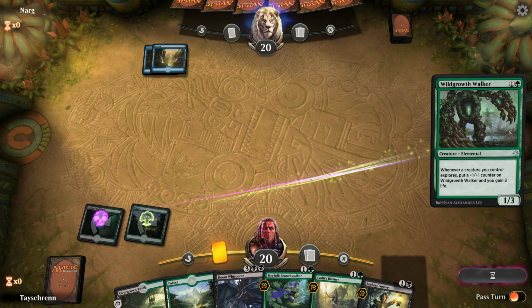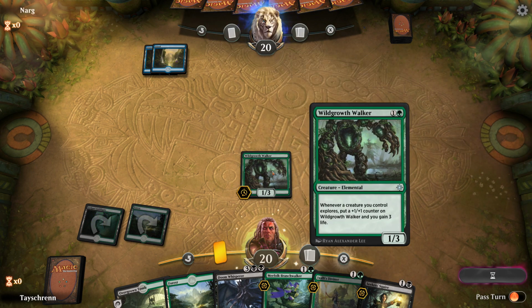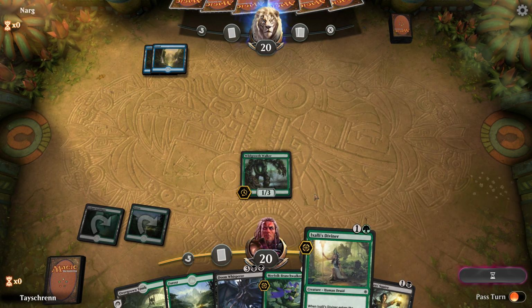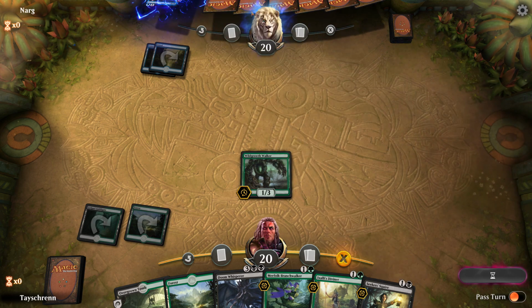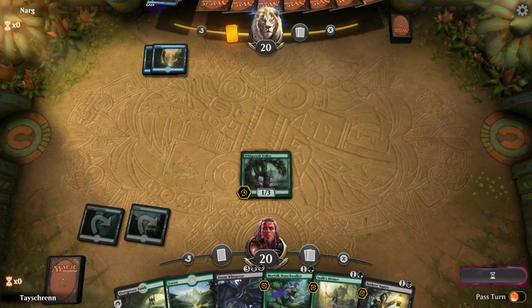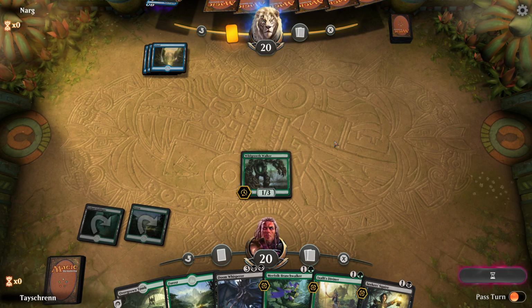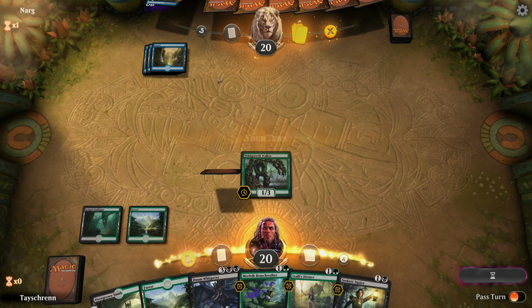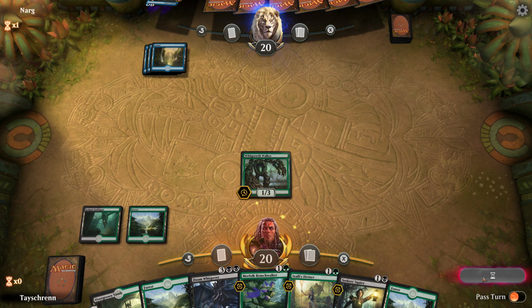We'll just lay down a Wildgrowth Walker. Perhaps he has some counter magic up. I think it is a wizard deck which we're facing here, or perhaps some mono blue special kind of deck. I really don't know. So we start with attacking. Always attack